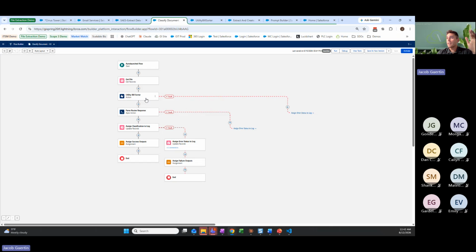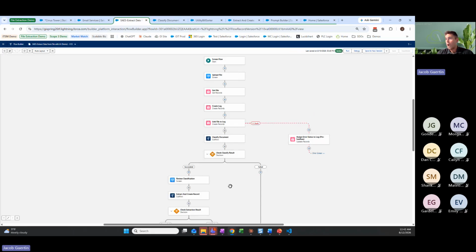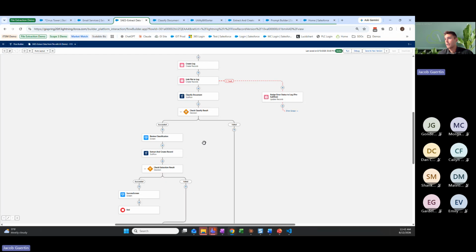And then once it does that extraction, assuming that it is successful, it will pass all of those expected outputs, that JSON schema, into the Apex action, which is that wrapper class that's just waiting for a specific format. It will assign the classification, and then we'll return to our primary screen flow logic. Now, all that's going to happen